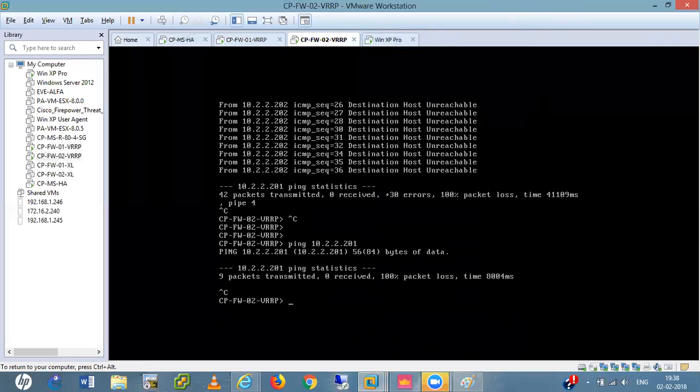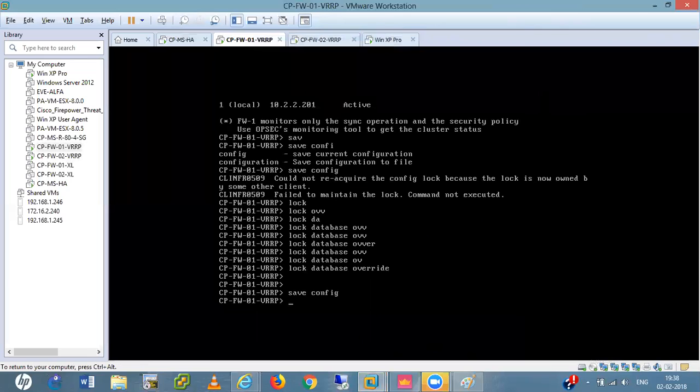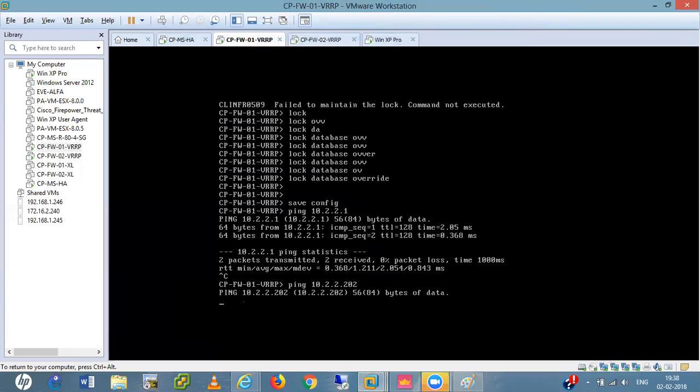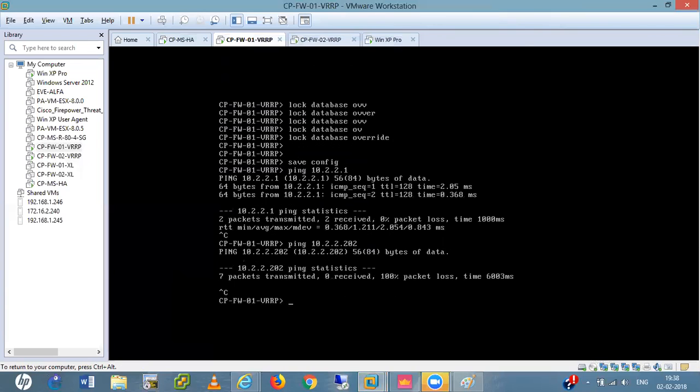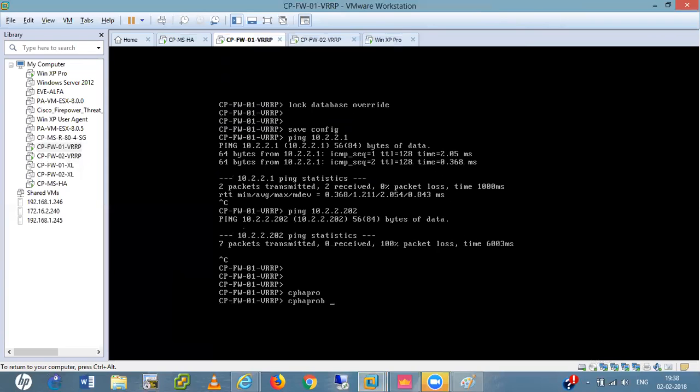If I ping this one, it is working. If I ping 10.2.2.1, it is pinging. I'm going to 2.2, it is not pinging. If we want to enable, let me first complete this thing. CPHA probe-stay.